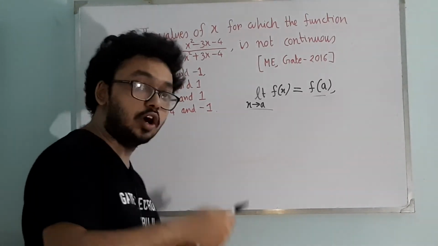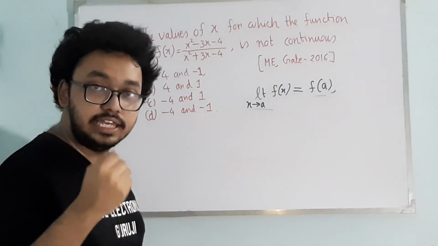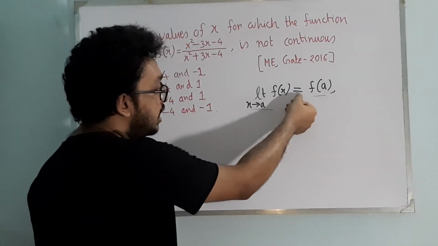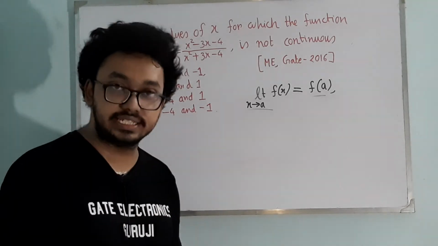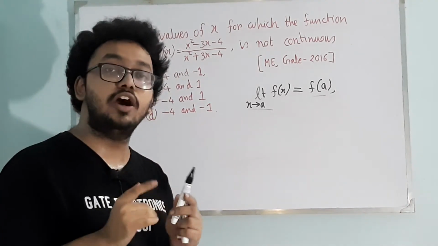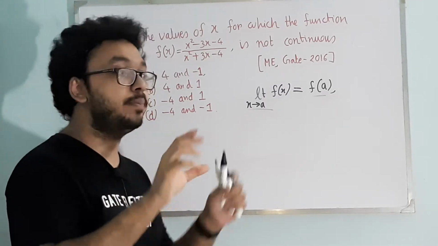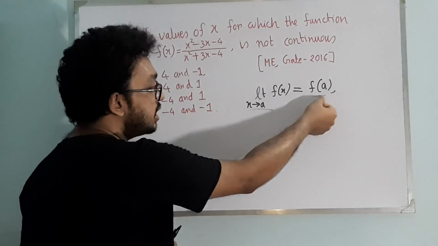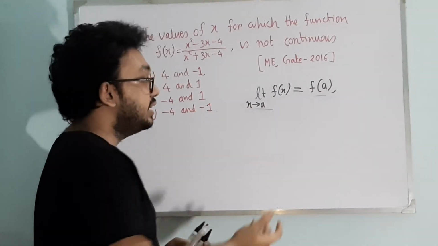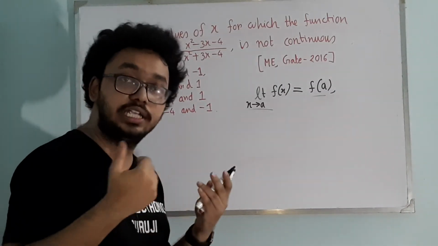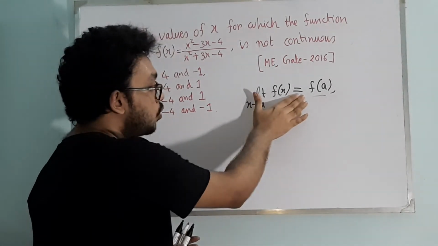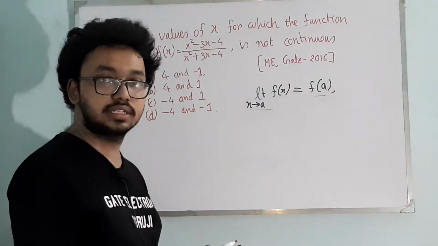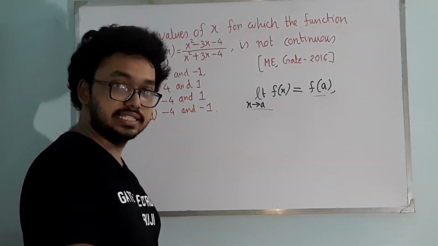Now if I have a function which is not defined at x = a, that is for which f(a) is not defined, that function will obviously be discontinuous, right? If a function is not defined at x = a, then you cannot even put an equality or inequality sign, because an equality or inequality sign can be put between two quantities only when both the quantities are defined. So clearly in that case the function will be discontinuous. I hope that this idea is clear.